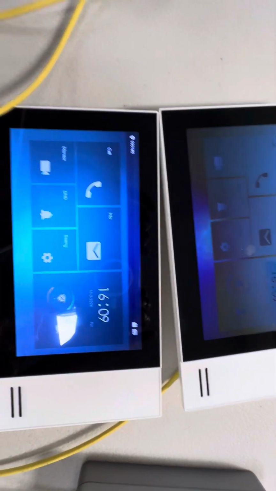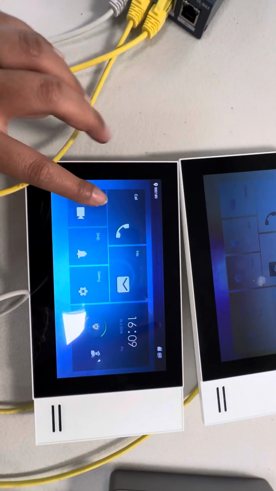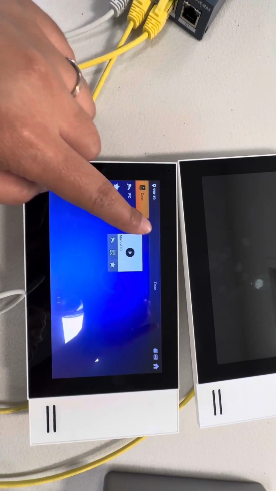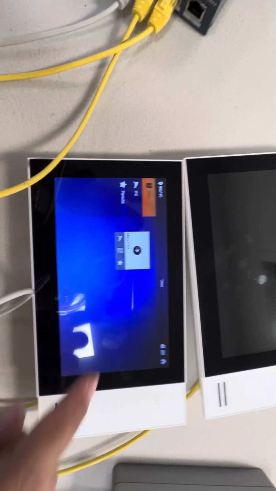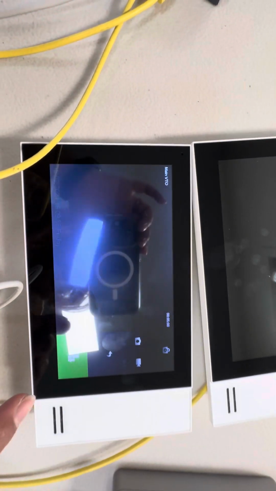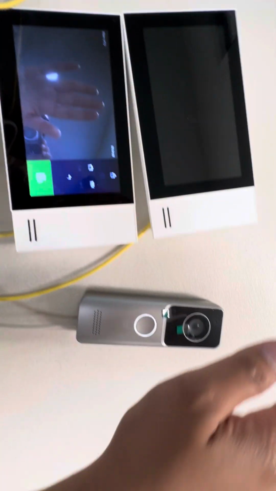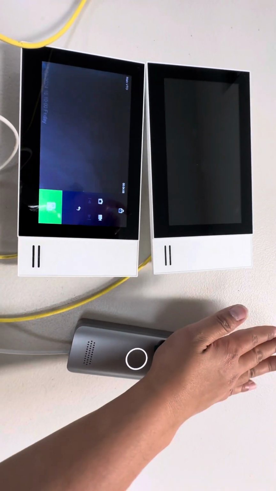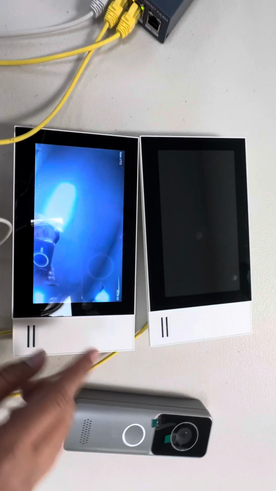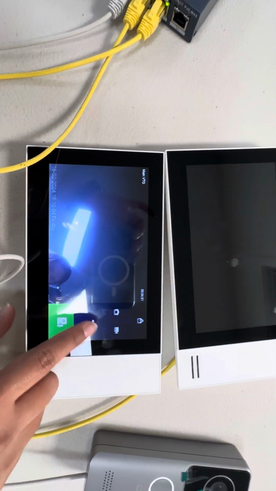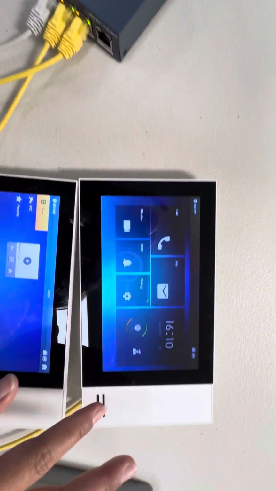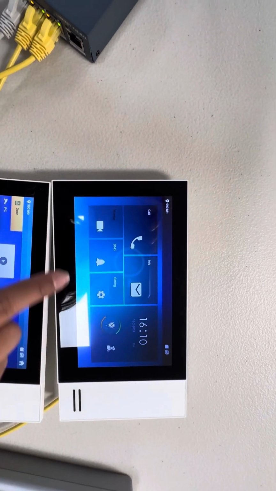To see if it's well configured, go to the monitor. So this is the main VTO we set up. You'll see here. This is the second monitor we set.